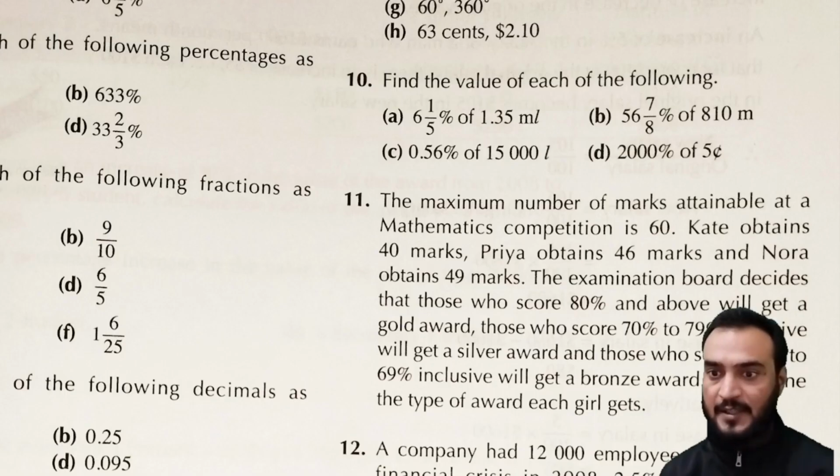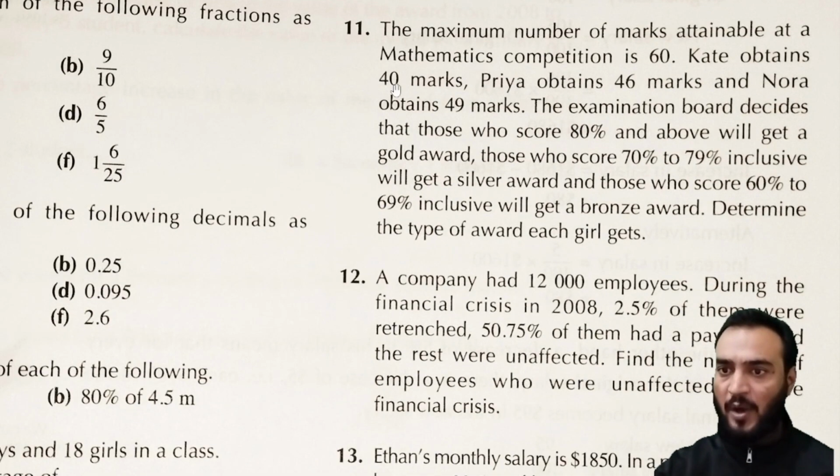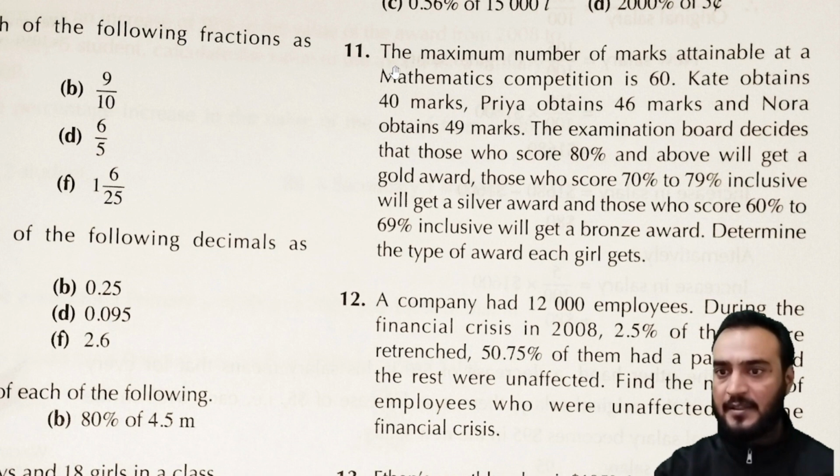Question number 11 is this. It is a word problem where the maximum number of marks attainable in a mathematics computation is 60. There are 60 maximum marks. Kate obtains 40 marks, Priya obtained 46 marks, and Noora obtained 49 marks. The examination board decides that those who score 80% and above will get a gold award. Those who score 70% to 79% inclusive will get a silver award, and those who score 60% to 69% inclusive will get a bronze award. Determine the type of award